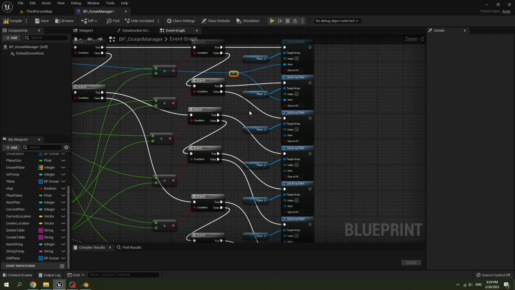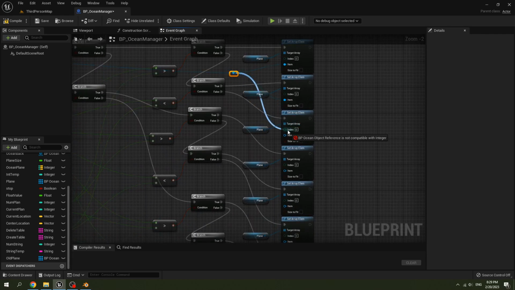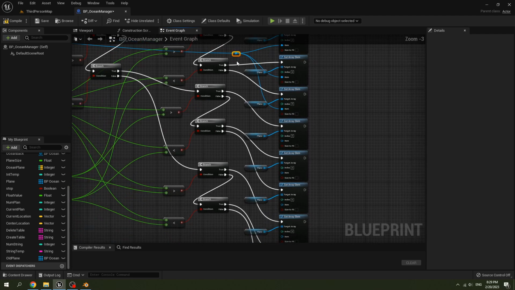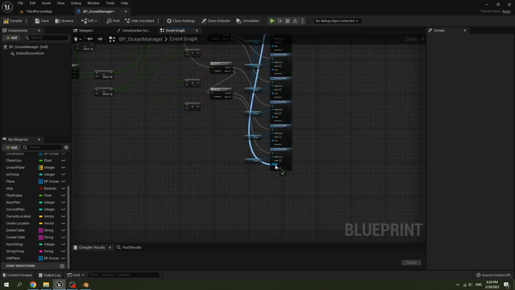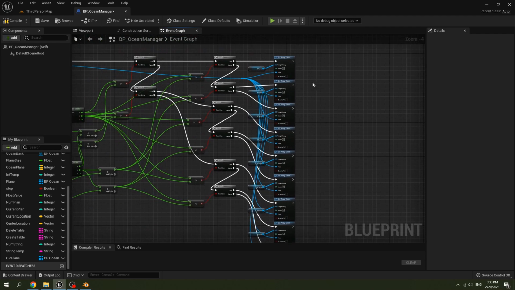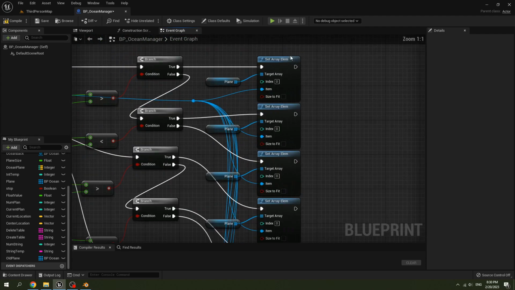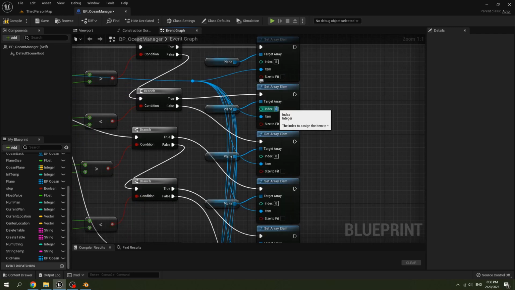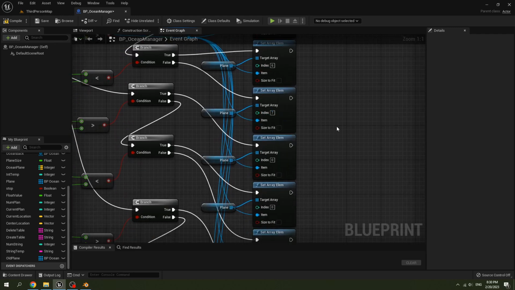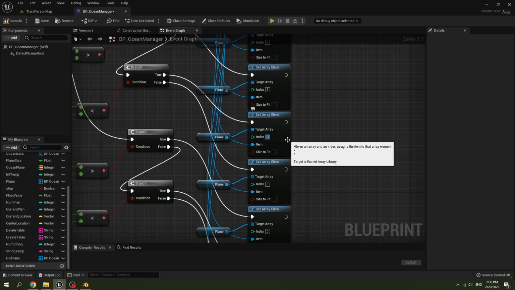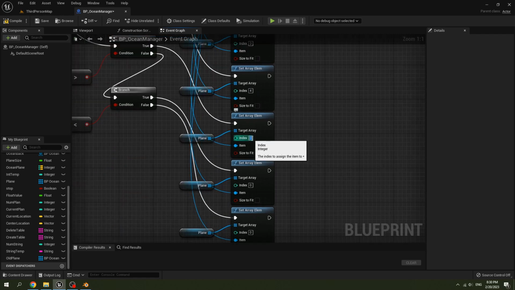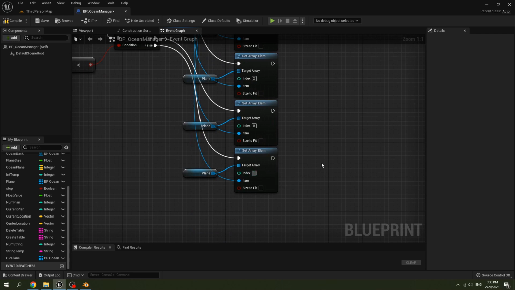Connect the node to set array item. All of it. For index, the first one set it to 8, 6, 7, 5, 3, 4, 2, 0, and 1.